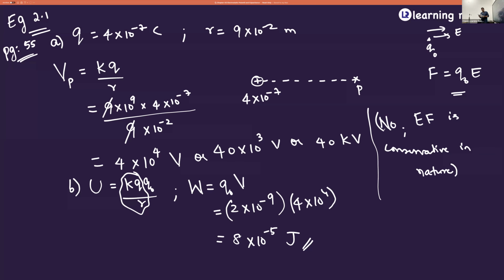They've taken the electric field and all those things in there. See, what they're doing is, if you take this to be the path, on the path they'll draw the electric field and again resolve it. So work done will be path independent. Any arbitrary infinitesimal path can be resolved into two perpendicular displacements. So if you take this path, it can be resolved into two perpendicular displacements. One will be like this and the other will be like this. One along the r vector and one perpendicular to the r vector. The work corresponding to the latter will be 0.